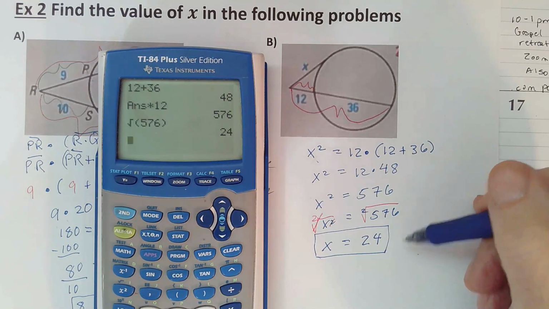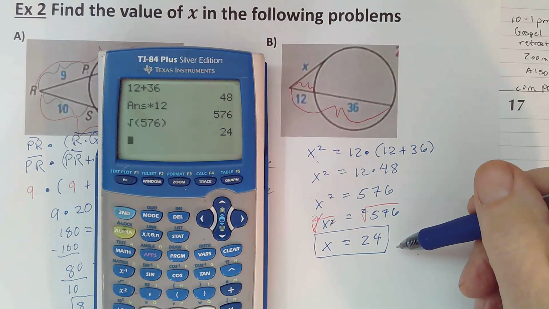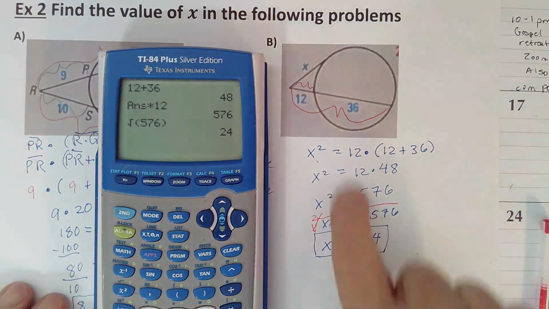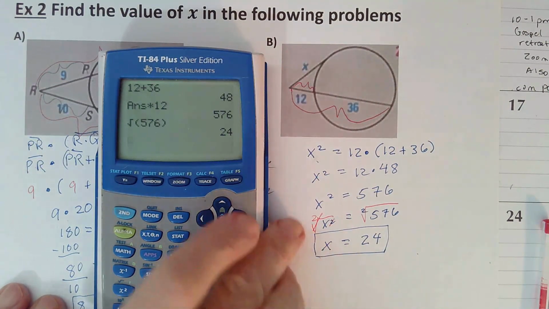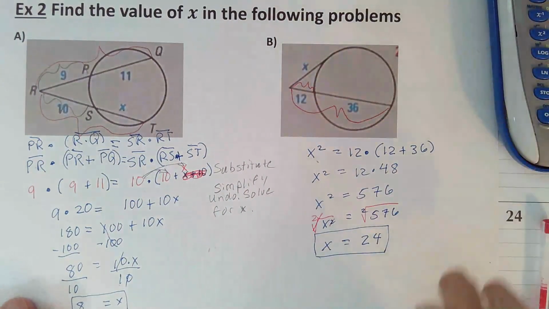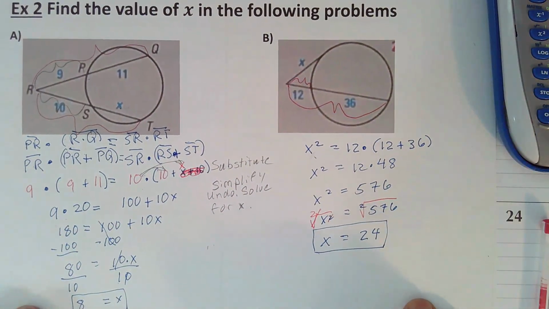There are some other intermediary steps, but I don't anticipate in this test that you're going to have a problem where you're dealing with an x squared and you have to do the quadratic formula. It'll be something more like this, or you may have to factor. Okay. All right. So this is the end of this particular lesson,